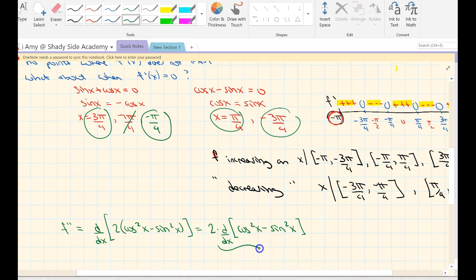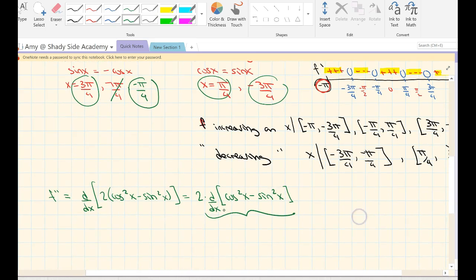All right, the derivative with respect to x of cos squared x. Don't forget, cos squared x is the same thing as cos of x, squared. So we've got some chain rule going on. This is going to equal 2 times, all right, I'm going to deal with this, 2 cos x times negative sine x,